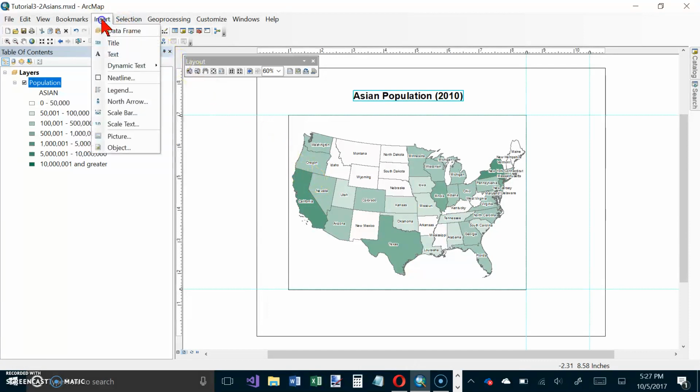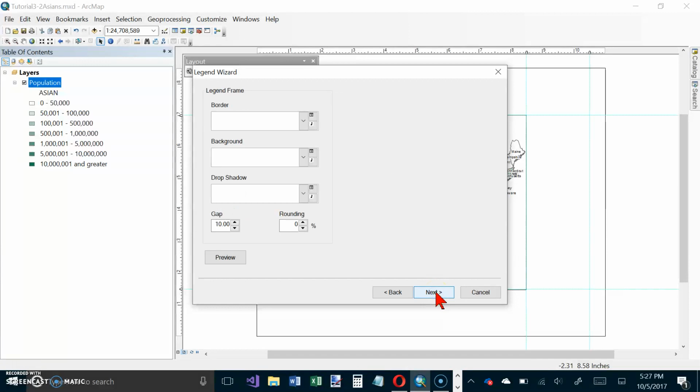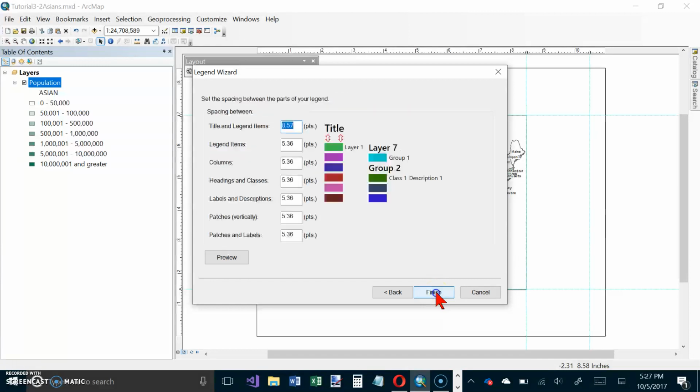So let's go to Insert and Legend, and click Next 4 times. 1, 2, 3, 4,